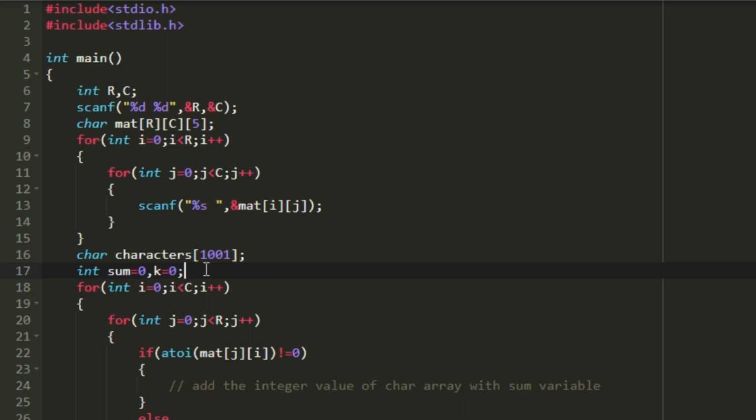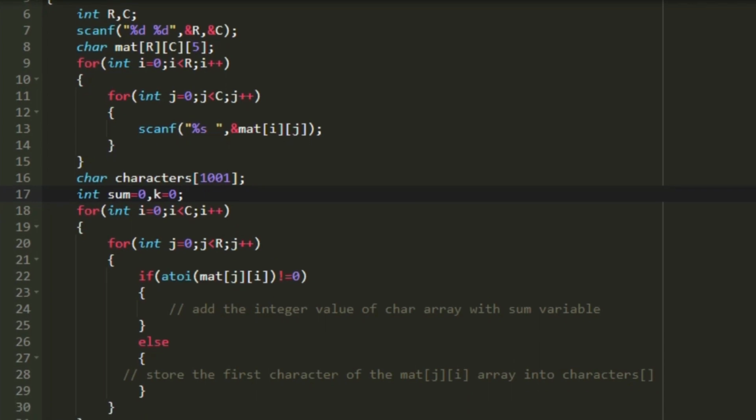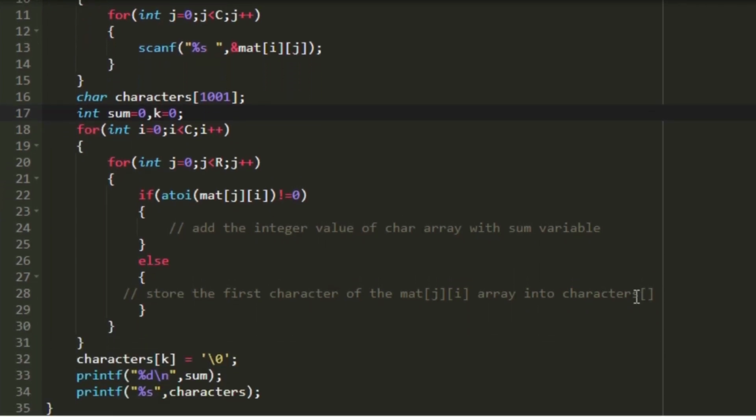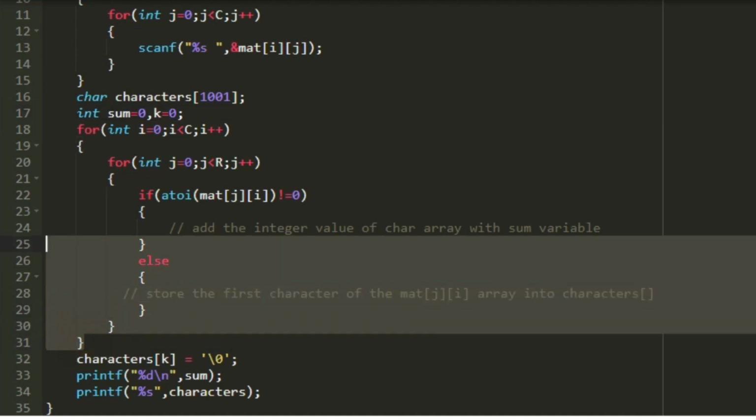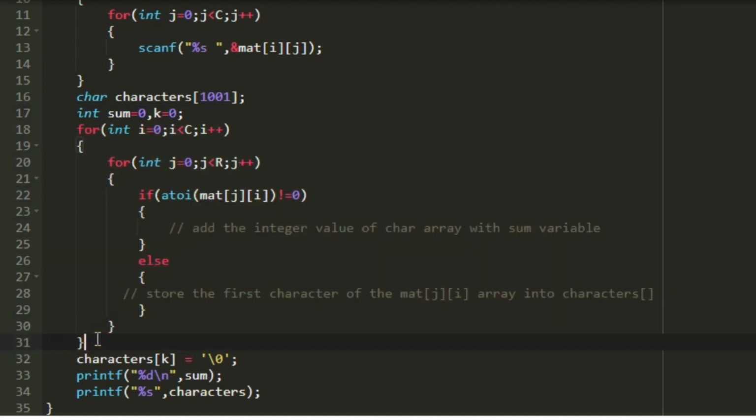So now to extract the characters, it is given in the question that we have to iterate column wise through our matrix, and we should always iterate from top to bottom in our column. So to do that, again I am creating a nested for loop. In this nested for loop, we are going to iterate column wise through our matrix. So the I loop will be iterating from 0 to C instead of 0 to R, and the J loop will be iterating from 0 to R instead of 0 to C. So it is just opposite, and in every iteration we won't be using matrix of Ij, we will be using matrix of Ji. So when we change everything like this, we will be iterating column wise through our matrix.